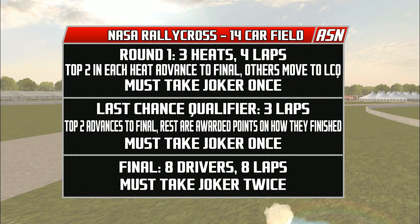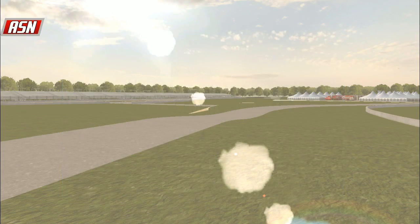apiece. The top 2 in each heat advance to the final. You have to take the Joker once. Others move to the LCQ. LCQ is 3 laps, top 2 advance. Joker once, final 8 drivers, 8 laps, and Joker twice. As we will get right to it here, as we are running a little bit short on time, to be